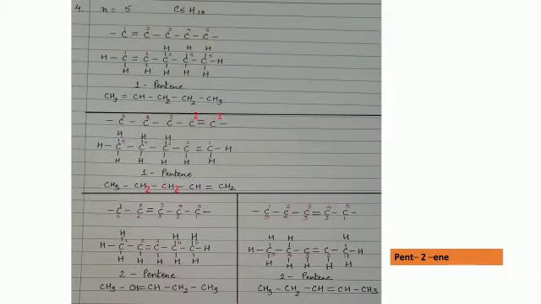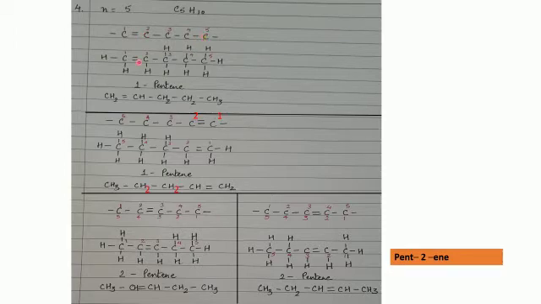The last example in alkenes that we are going to study is of pentene. The formula is C5H10. The first step is to show the 5 carbon atoms in one straight line, and this is the carbon skeleton. We will show a double bond between the first 2 carbon atoms, and accordingly the numbering will be from left to right: 1, 2, 3, 4 and 5.